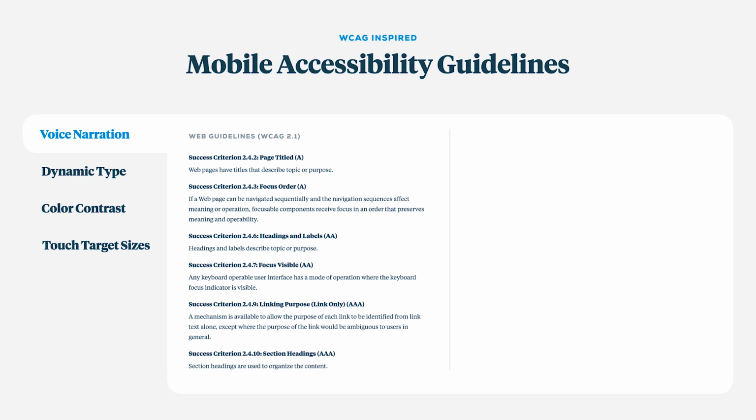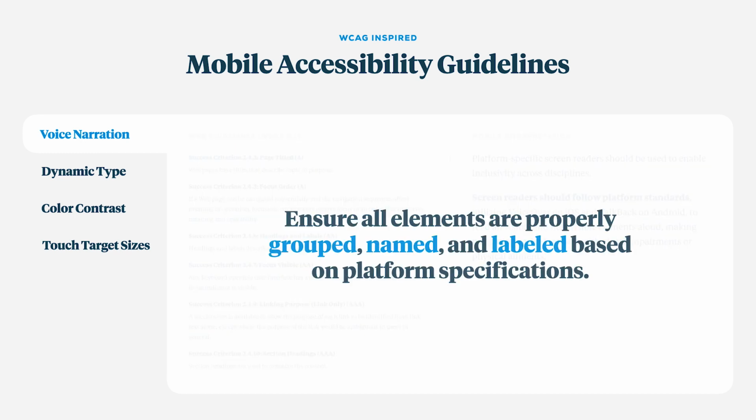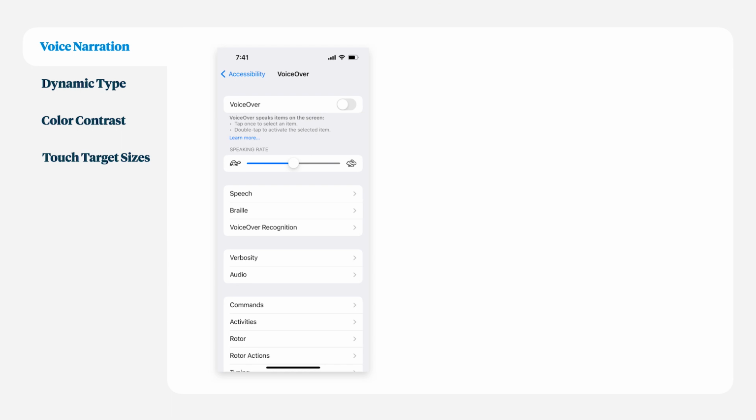When interpreting this down for mobile, you would come to realize that native platforms like iOS and Android do a little bit of the background lift for you. However, you're still going to need to do some manual adjustments and ensure that all elements are properly grouped, named, and labeled, as well as interpreted for your audience so that it can be read correctly. Voice narration on iOS is known as VoiceOver, which can be configured from an accessibility menu in device settings. When this feature is turned on,